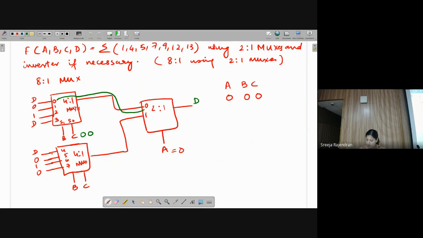Okay, but coming back to our question, this is not what you have to draw. This I drew just to show 4. I can use 4 is to 1 and 2 is to 1 also, 2, 4 is to 1. But your question is to use only 2 is to 1 muxes. So